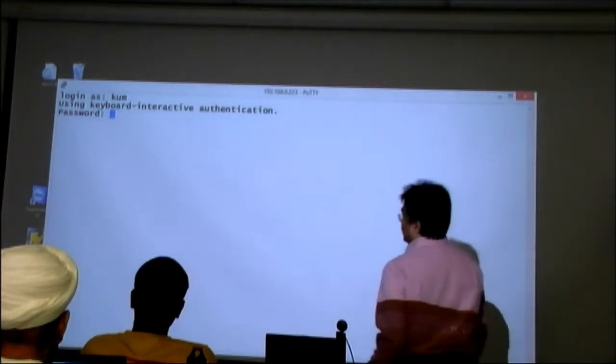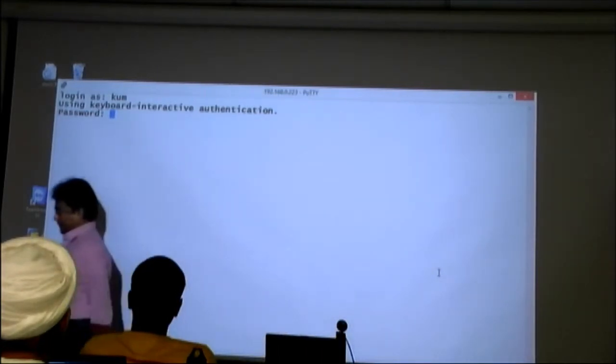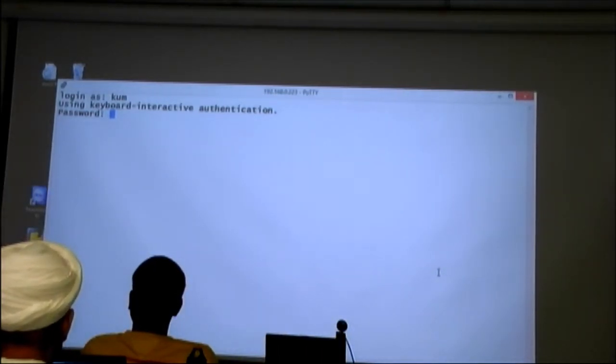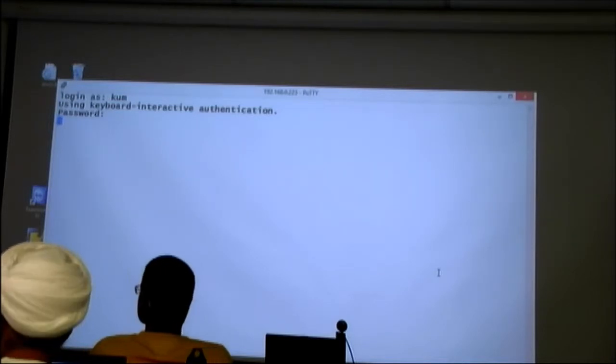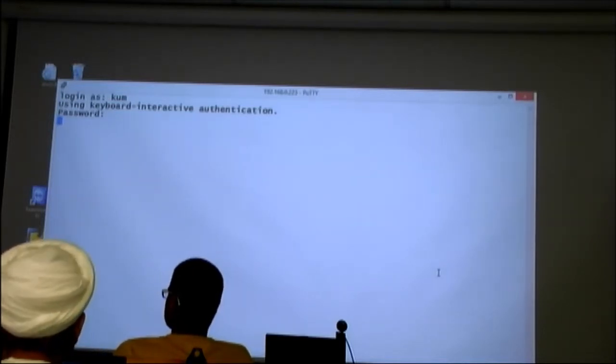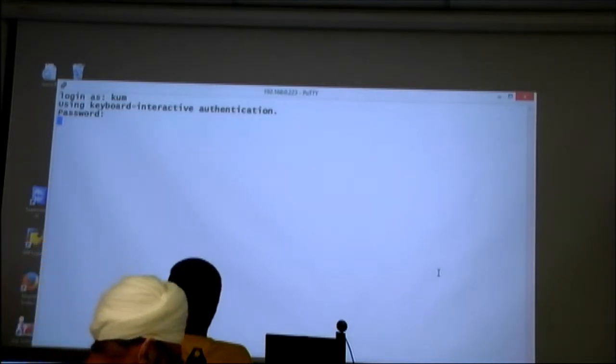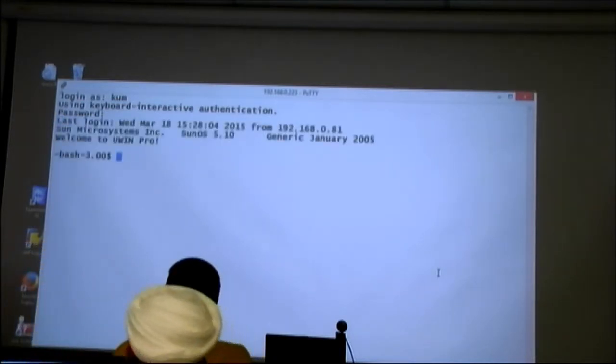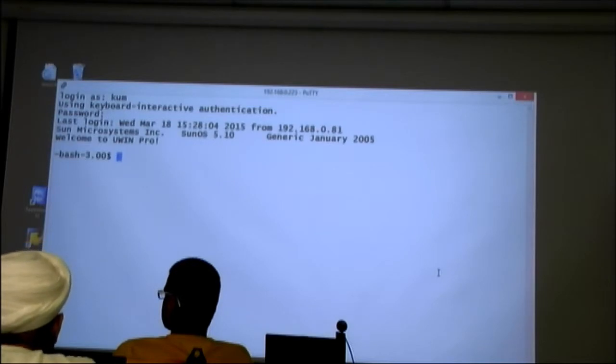So what's the solution for this? For this, you don't need a password. That login problem is not because of Solaris, it is because of the network, that modem. It is not only for this machine. You try to log into any machine, you will have the same problem.